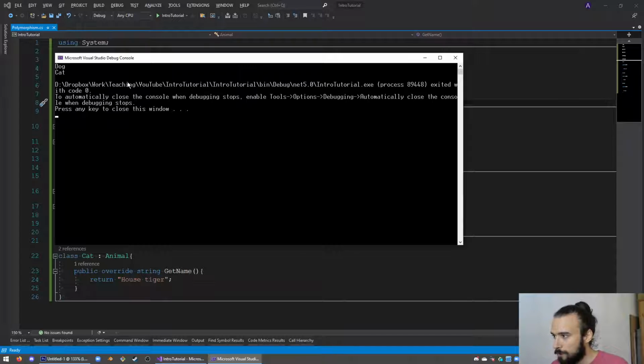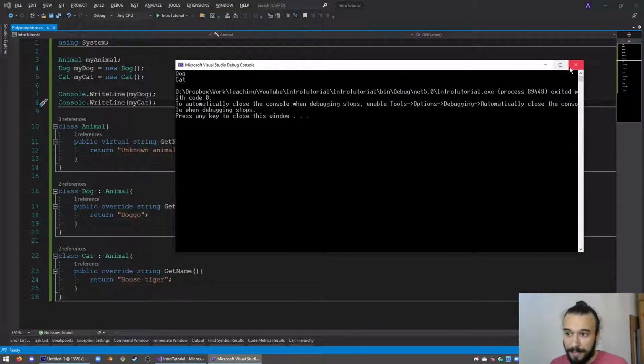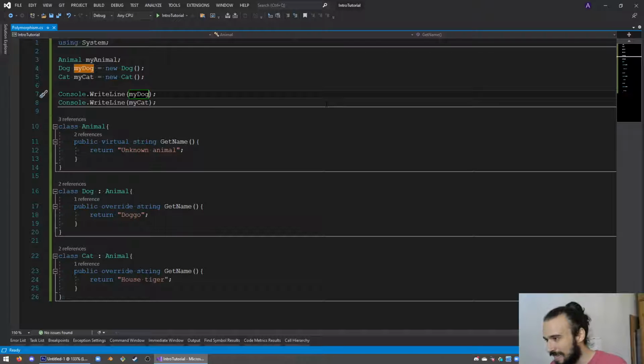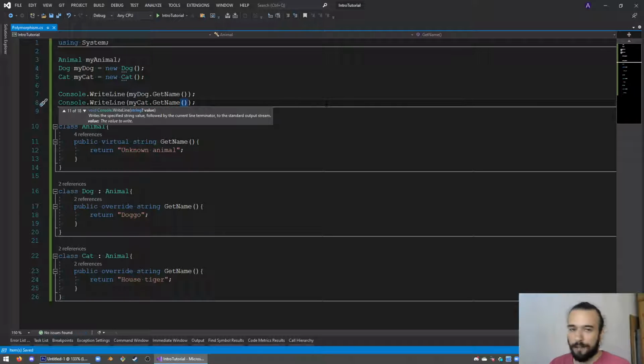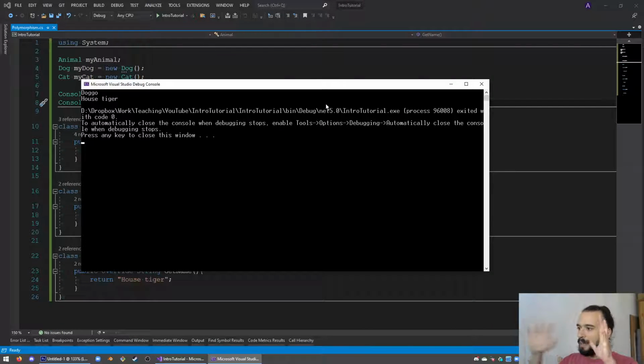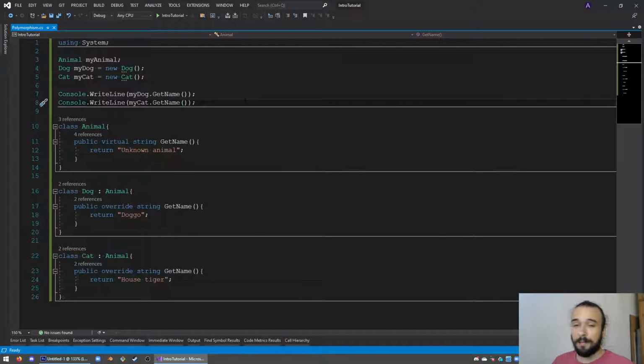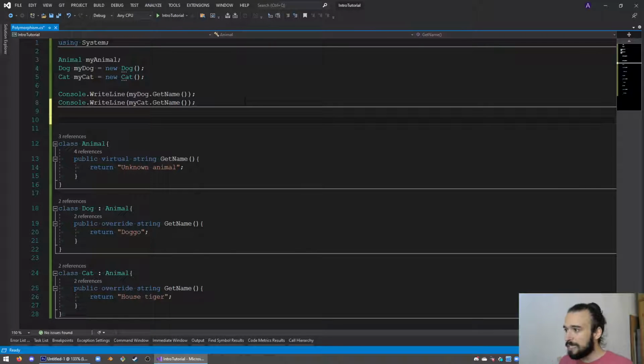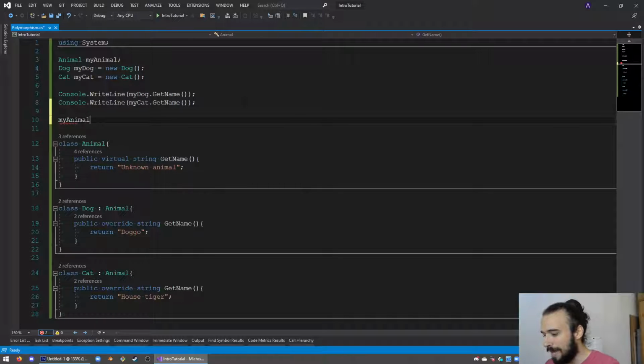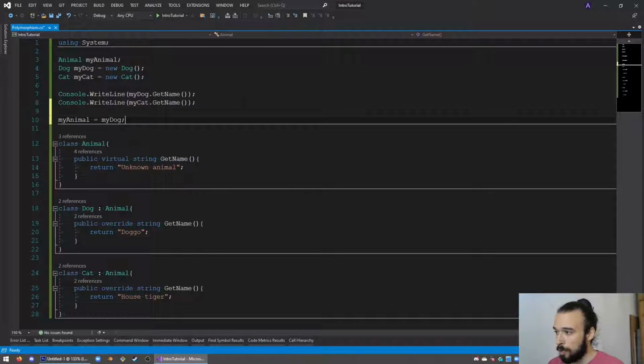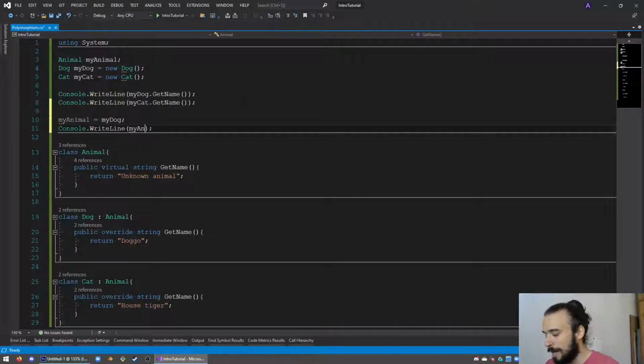Very simple. Oh, I made a mistake. I'm printing the name of the variable or the type of the variable instead of the getName function. We're doing it live, folks. So now I do see the doggo and the house tiger. Okay, good. Next thing that I want to do is the following. I want to assign these values to my animal. So I'm going to say that my animal equals my dog,